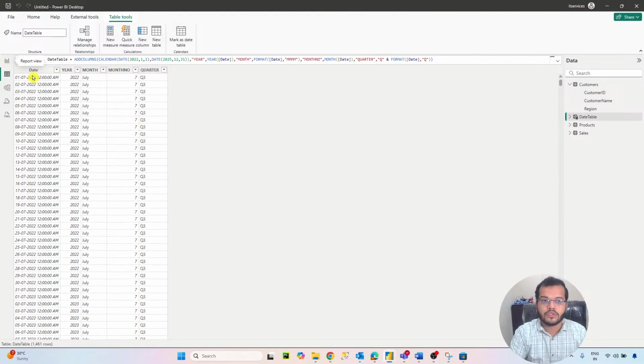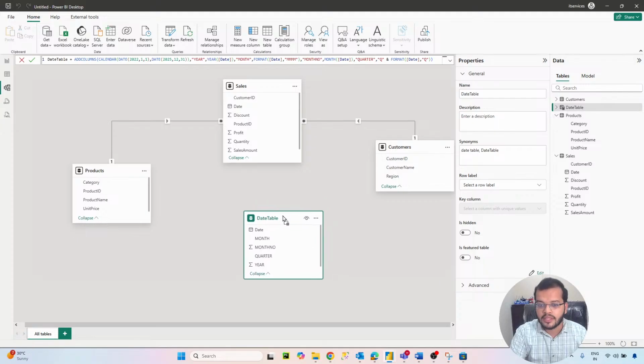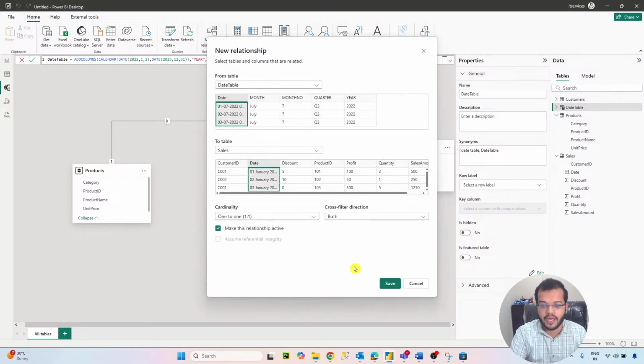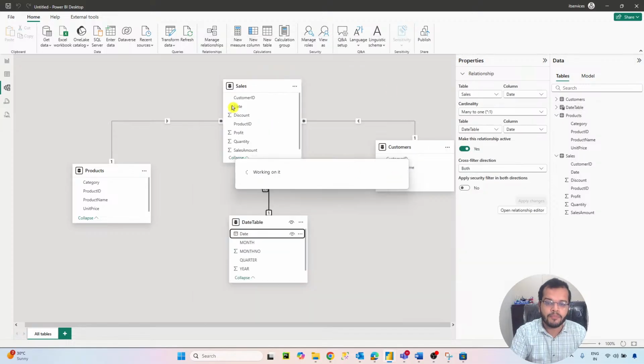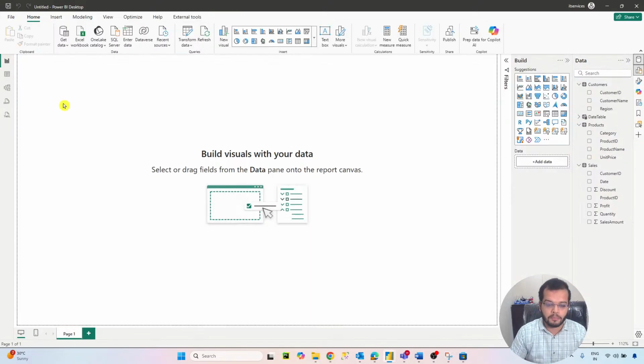Excellent. So now under the data modeling, this date table, we are joining it to the sales date that we have, the date under the sales table. So here we are going to create the relationship. What type of relationship is up to you. Okay, so we have created a relationship here. This is perfect, right? So now coming back to our particular report,